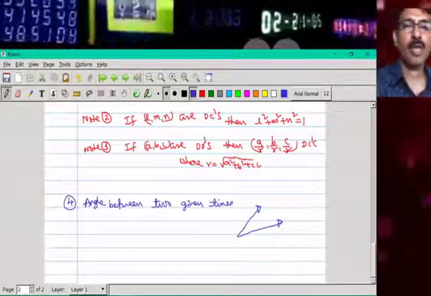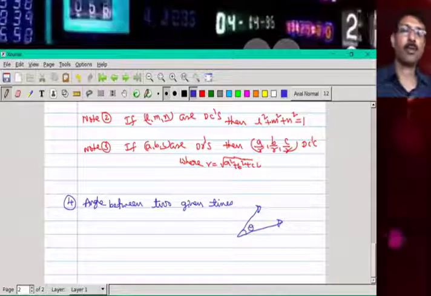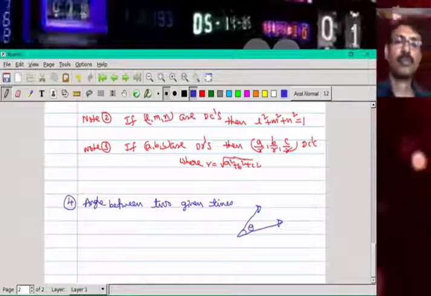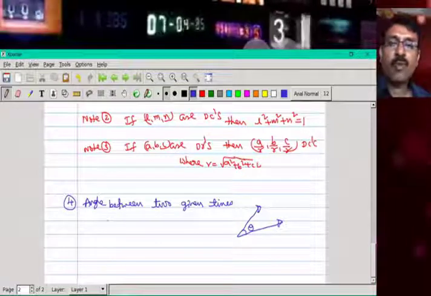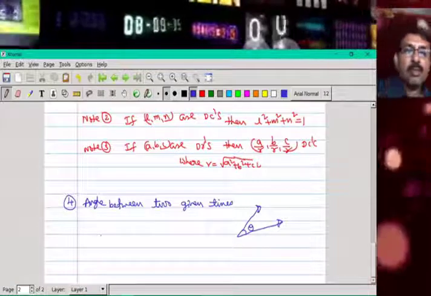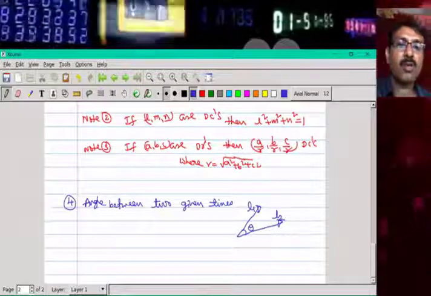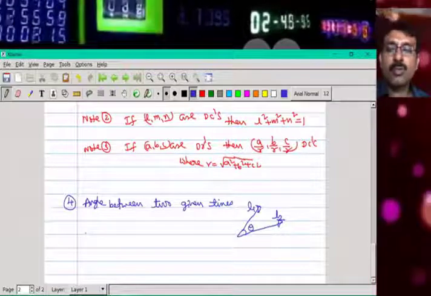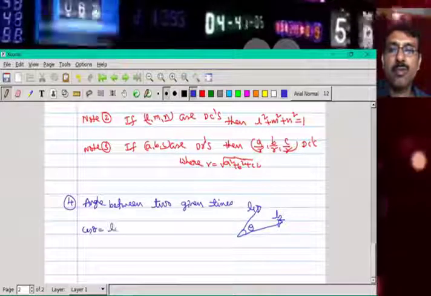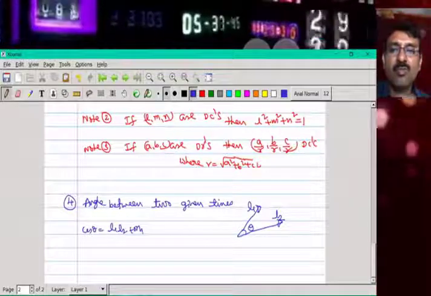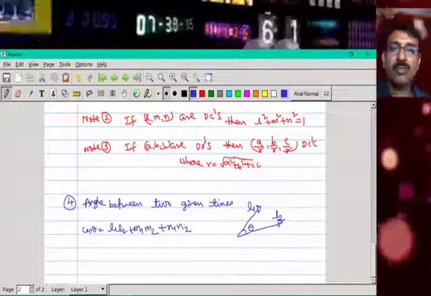There may be an angle between the two lines. The formula for the angle between two lines is cos theta equal to L1 L2 plus M1 M2 plus N1 N2,